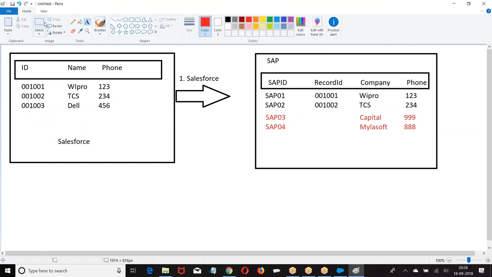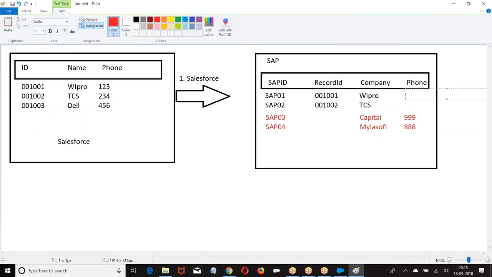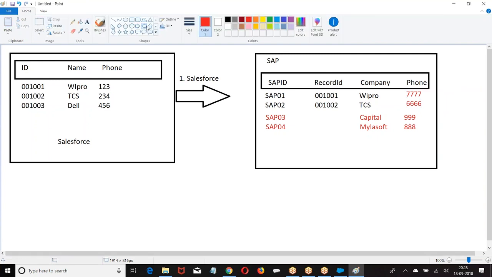Then they modified some of the existing records here. Now SAP is sending this data back.